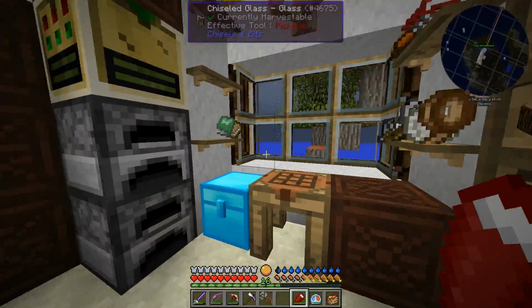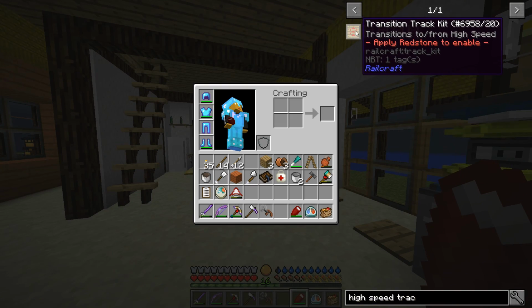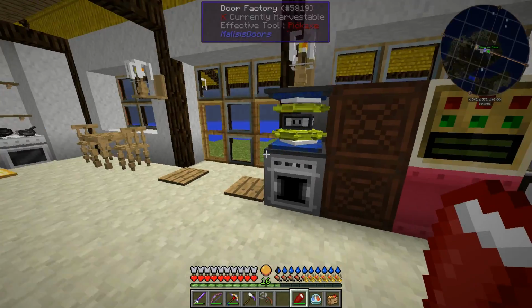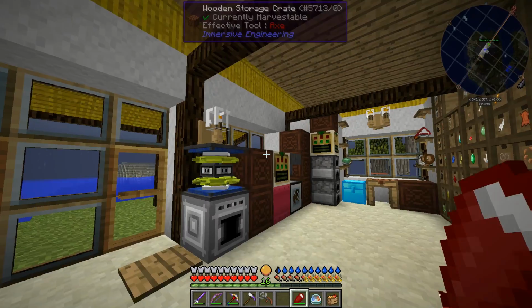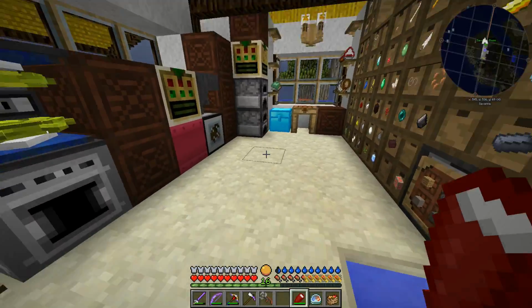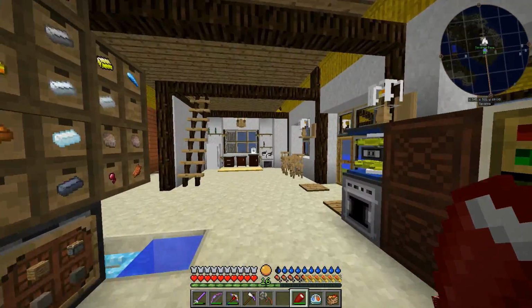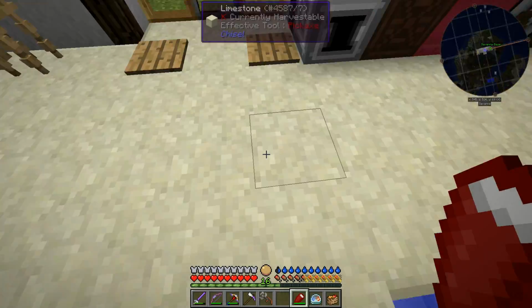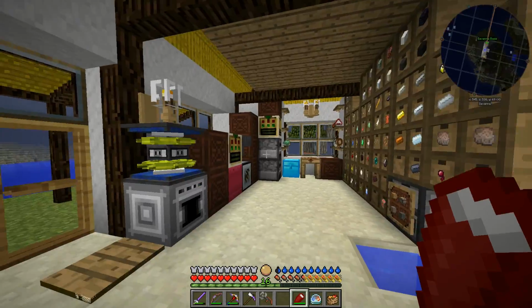When we set up our high-speed rails, we're going to have to create a bunch of these transition track kits, which are basically like boosters, and they will speed up the cart when it's going in one direction so that it can take advantage of the high-speed rails. And in our case, we're going to be using a steam locomotive, so it's going to speed up the steam locomotive and all of the carts that it's pulling. When it goes over the transition tracks in one direction, when it's heading in the other direction, it's going to slow them down, which is very necessary because if you